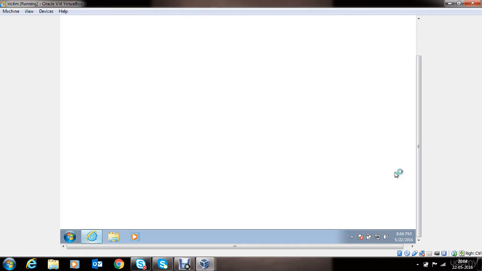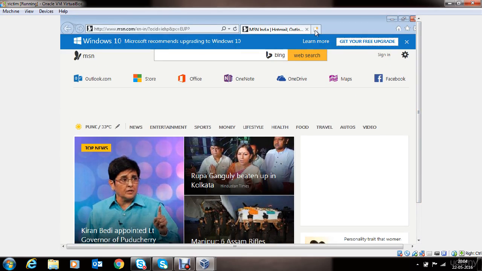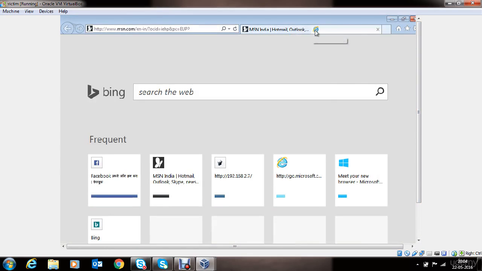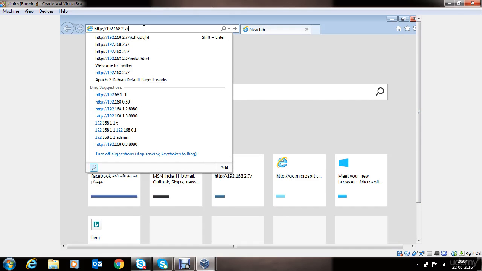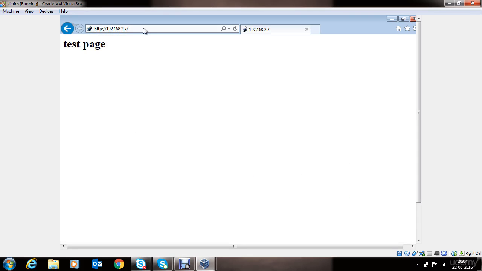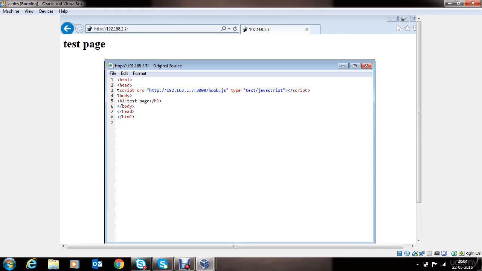Victim will receive an email from the attacker and access the URL. You have to be a little creative in tricking the victim into accessing the URL. I will leave that task up to you. Now the moment the victim accesses the URL, he'll be presented with the page hosted by us, the attacker. If you look into the source code, you can see the JavaScript is available and gets executed in the background